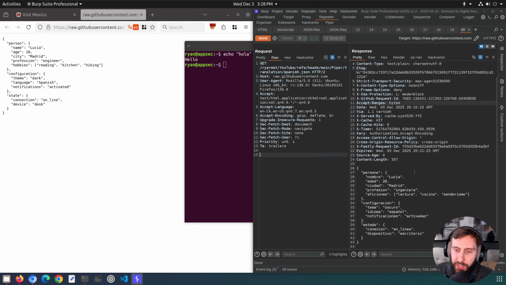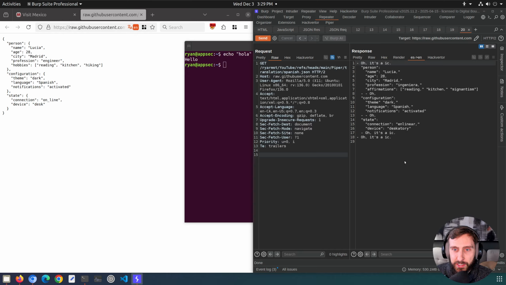The request is just to get a JSON file, and the JSON file contains Spanish words that we want to translate to English. So if you're working within Burp, normally you wouldn't have any type of translation available. And depending on what you're doing, you very well might want that translation to immediately and quickly see the outcome of your actions rather than having to copy that content and hope that your browser is going to be able to translate it. So by implementing this Piper message viewer, which we can see there's a tab here,